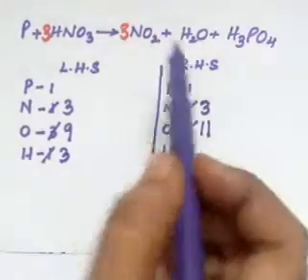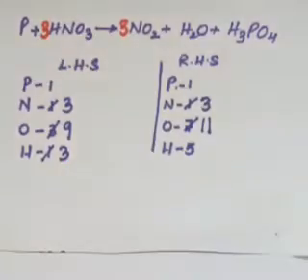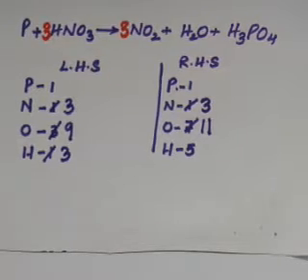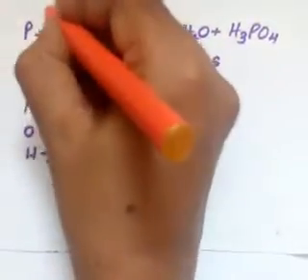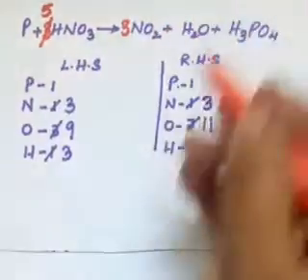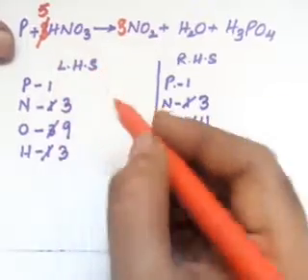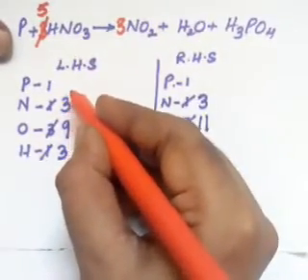If we increase oxygen over here, obviously nitrogen here will not be balanced. So what to do so that both are balanced? Let us find out. If we make it 4, then also it won't work out. So let us try to make it 5 over here. Let us see what will happen. You can try with 4 also. I'm trying here with 5. This is what hit and try is.